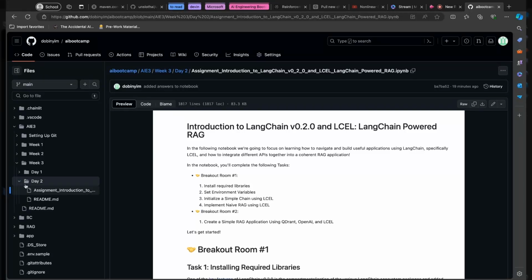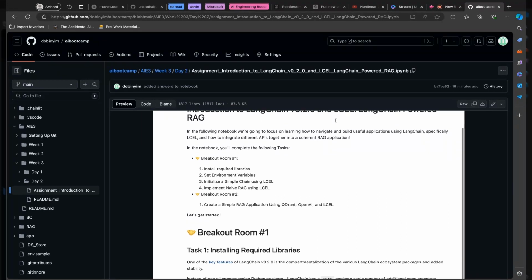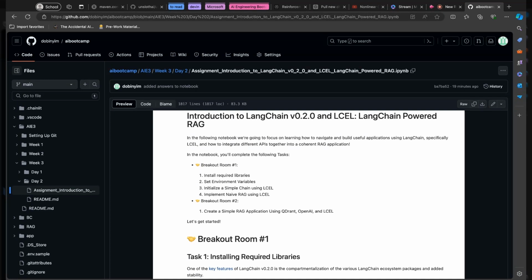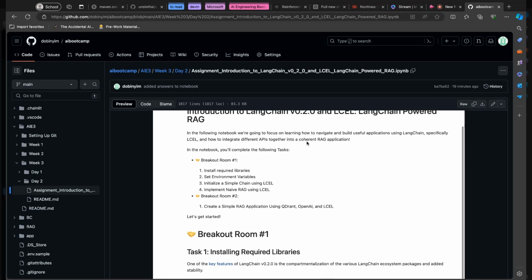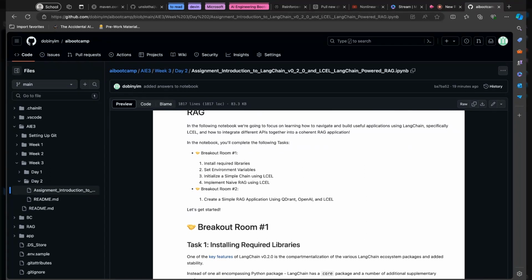Hi, this is a walkthrough of week 3, day 2, Introduction to LangChain and LangChain Expression Language. So we're going to review how we can use LangChain to coordinate a number of tasks that involve using a language model as an agent. And we're going to put together a RAG application by using text data as a corpus before we can ask questions and only use the vector database of the transformed text chunks before coming up